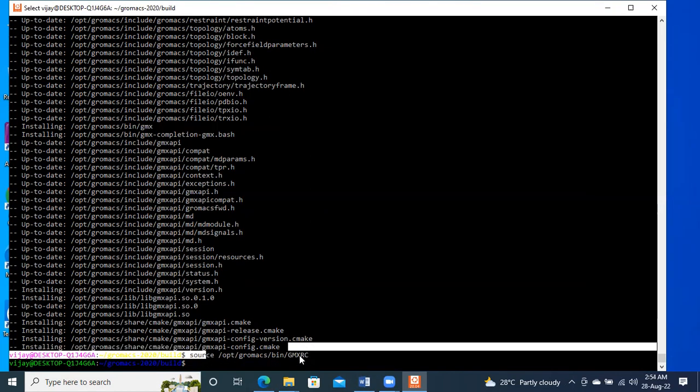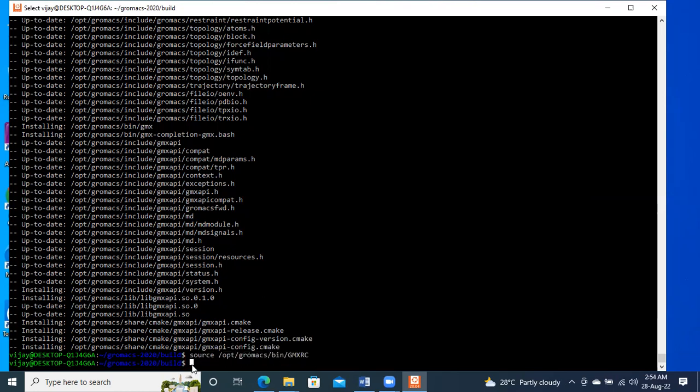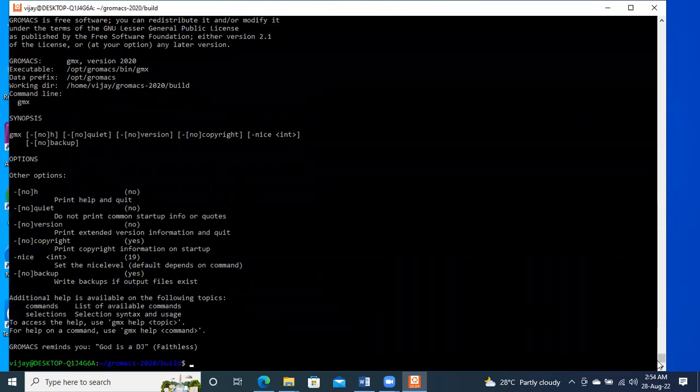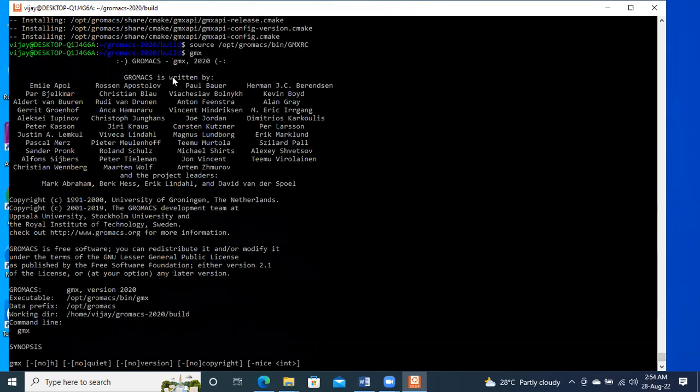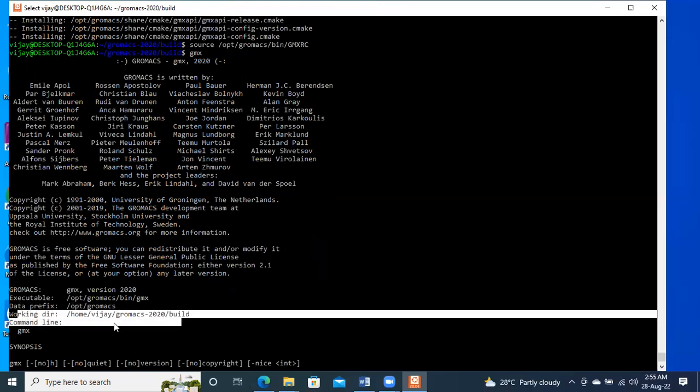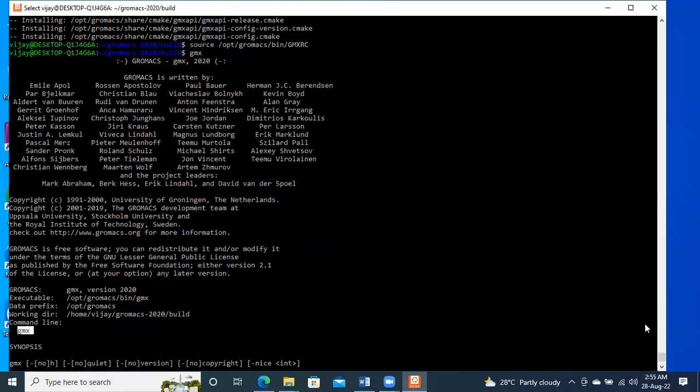Well, it does not show any error. That means the configuration is built successfully. Now you can type gmx to find whether the installation is successful or not. Just type gmx and press enter, and now you find all the versions reported by gmx. Now our version is gmx 2020, which I installed from the beginning. And where it is installed, you have the option to change its location, and you can install with certain modifications. So it says that the executable is written here, the data prefix is here, and the working directory is this one. So since we do not give any command to gmx,